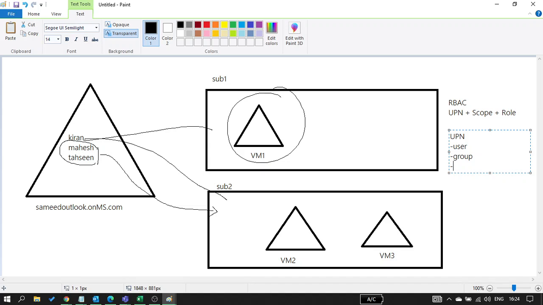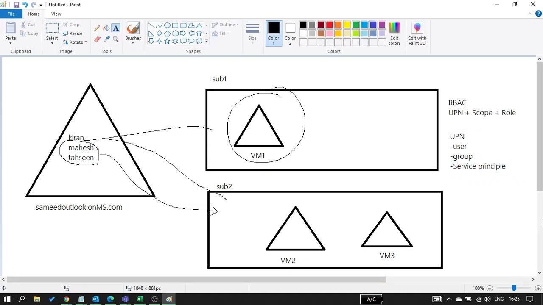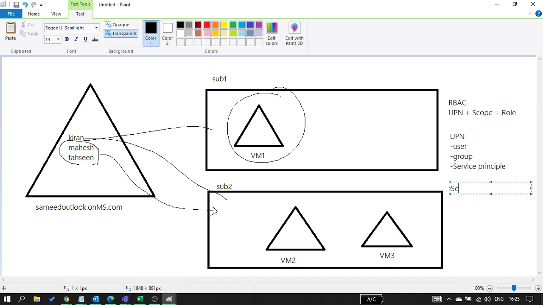And the second is the service principal. A service principal is nothing but a username and password for an application. It is not something people generally log in with. It is used for the application to authenticate to any resources, right? This is a UPN. Scope could be